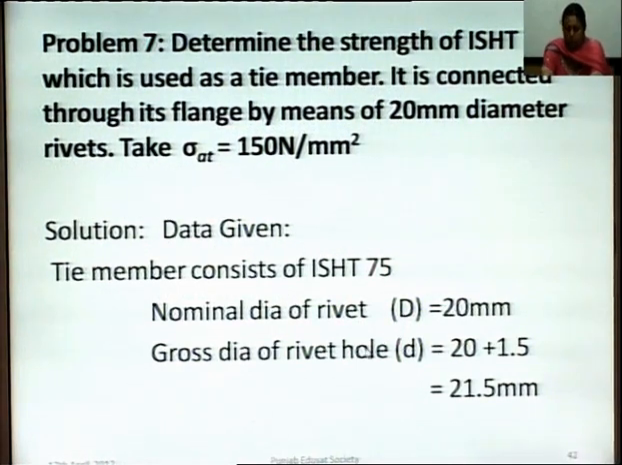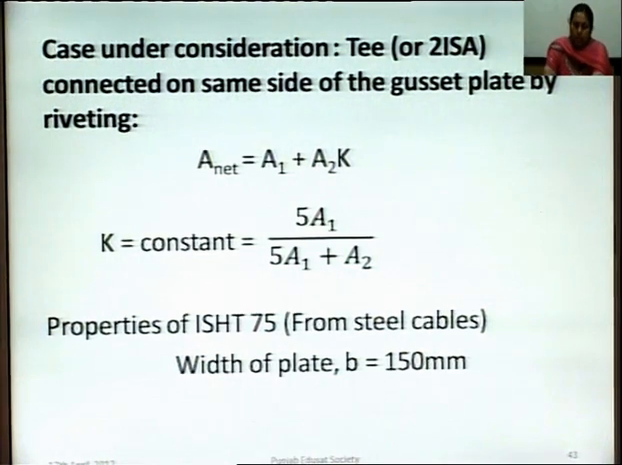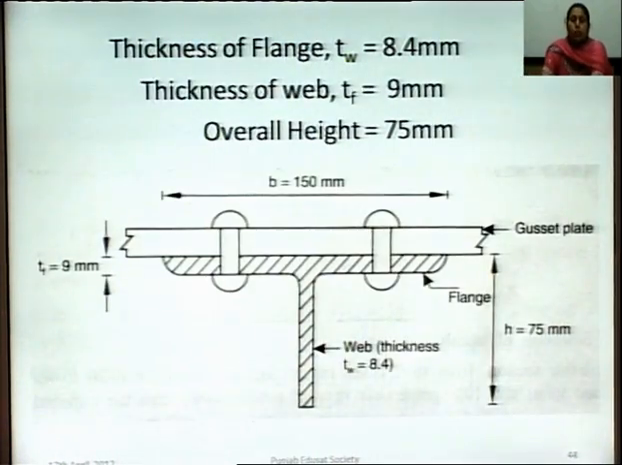Let us take the last example of a T section. As you have seen, this case is similar to the two angles when these are placed on the same side of a gusset plate. In this case, you have to take the properties of a T member from the steel table, that is thickness of web, thickness of flange and width of flange, and overall height, which is given as 75. Then